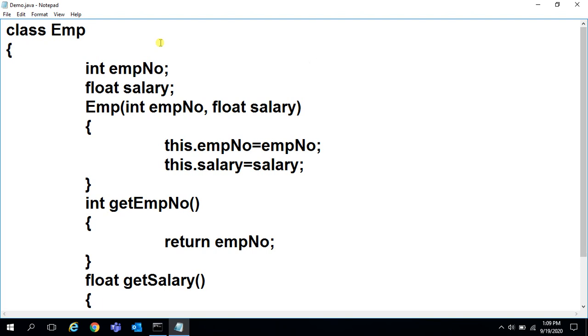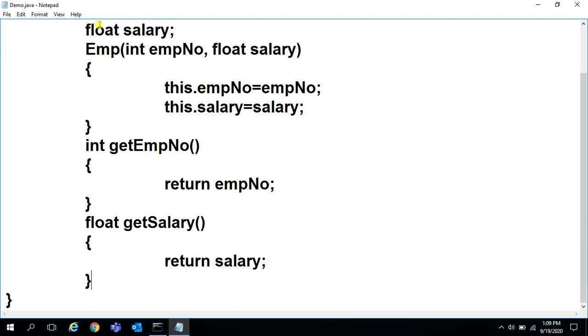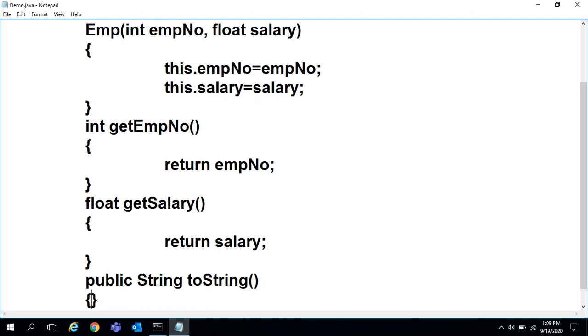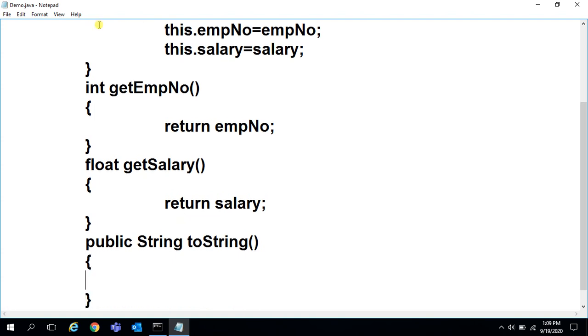Now, the Employee superclass is the Object class, because Object is the default class implicitly inherited by every class. The Object class toString method I'll override here: public String toString. The toString method returns a string representation of the object.